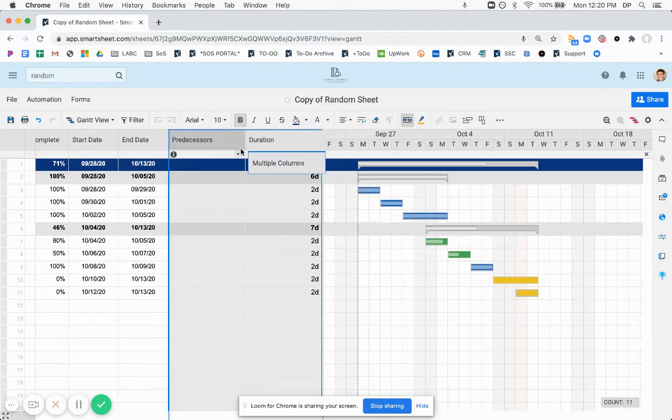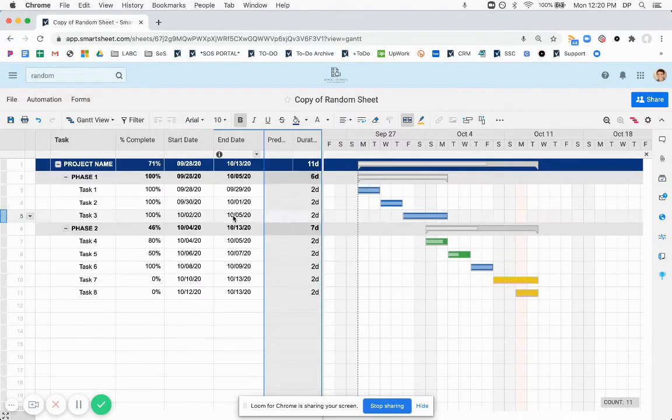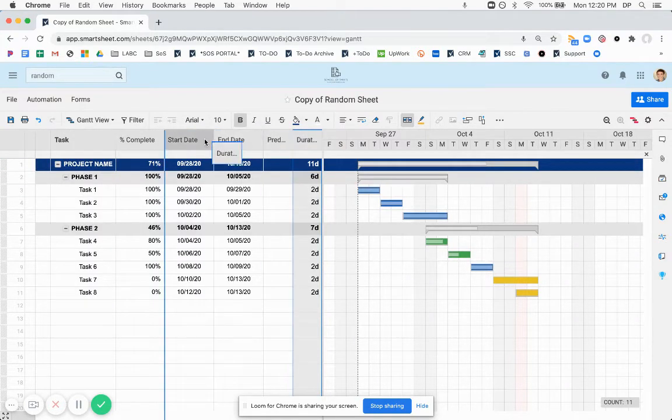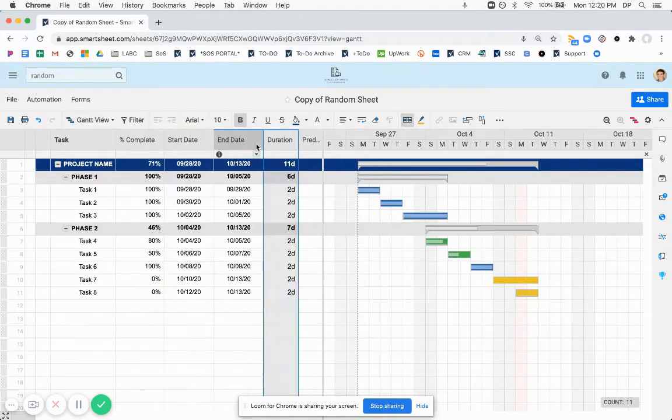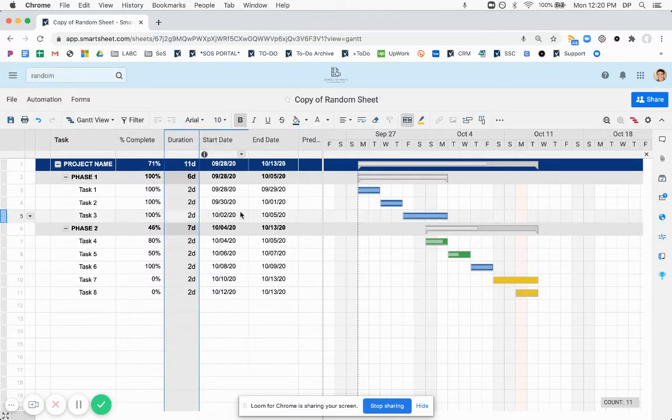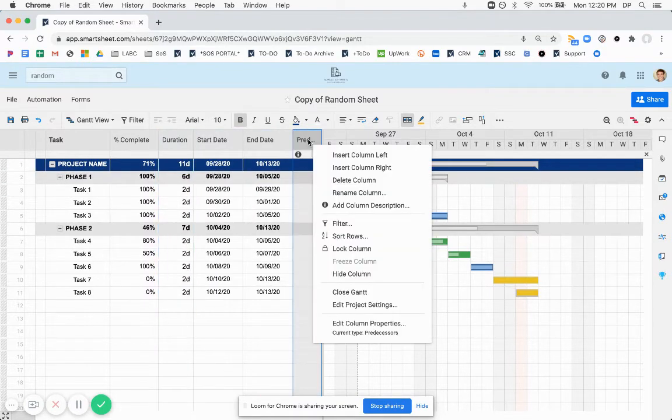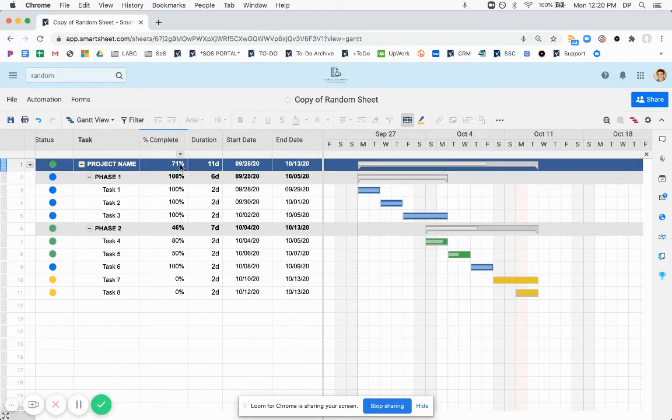So these predecessor and duration columns were just added. If you're doing it this way, I'd suggest you move the duration either to the left or to the right of the start and end date, whatever you prefer. The predecessors, I'm not going to cover that in this video, so I'm going to hide that. But so now,